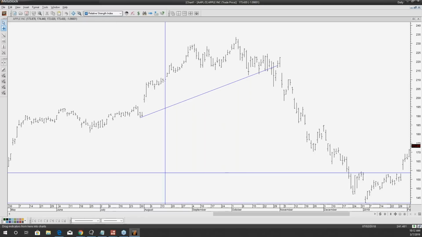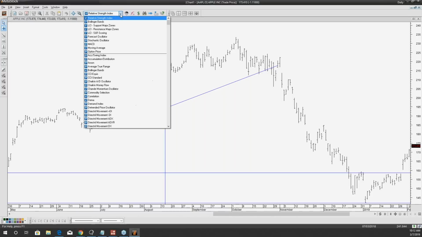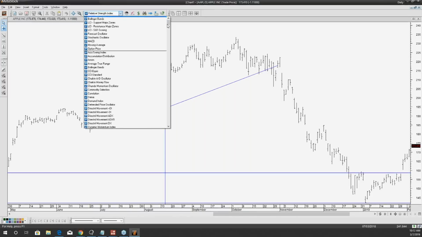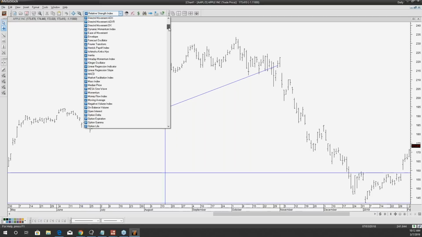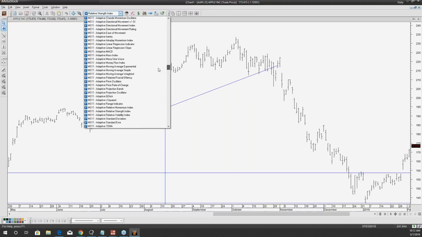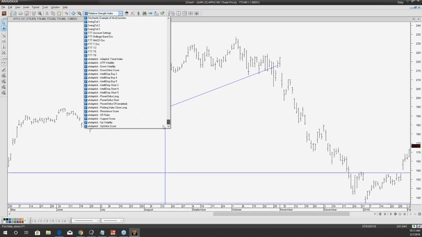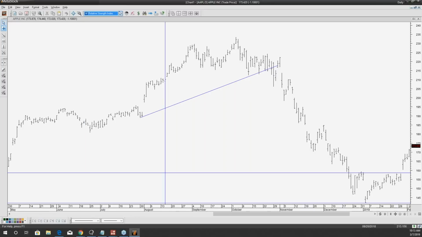And then right here, this is actually a really good, popular drop-down menu. This is all of the indicators. This is called our indicator quick list. We have over 250 to begin with when you first start using MetaStock. I do have a little bit more because I also have some add-ons installed into the software. So that's the indicator quick list.